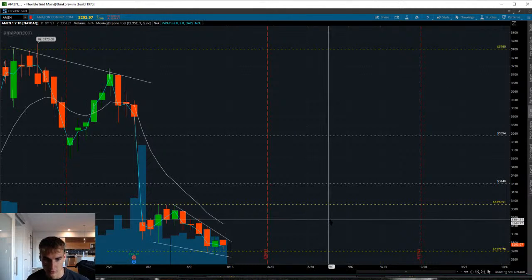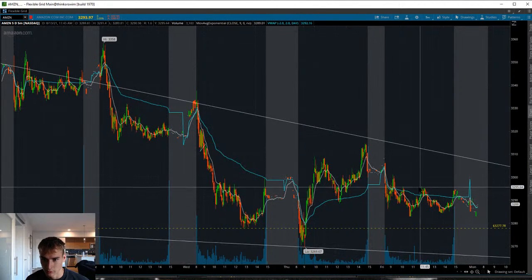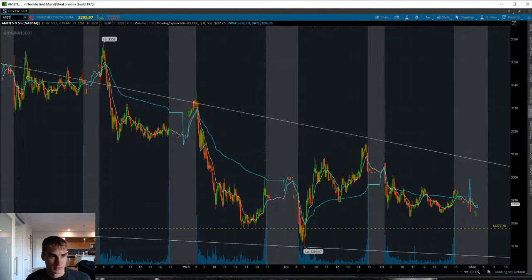All the way up to like 34.40 is the next resistance. So yeah. But overall, just kind of watch this for this channel breakout and look to play it if we get some momentum. UPST had a crazy week last week,